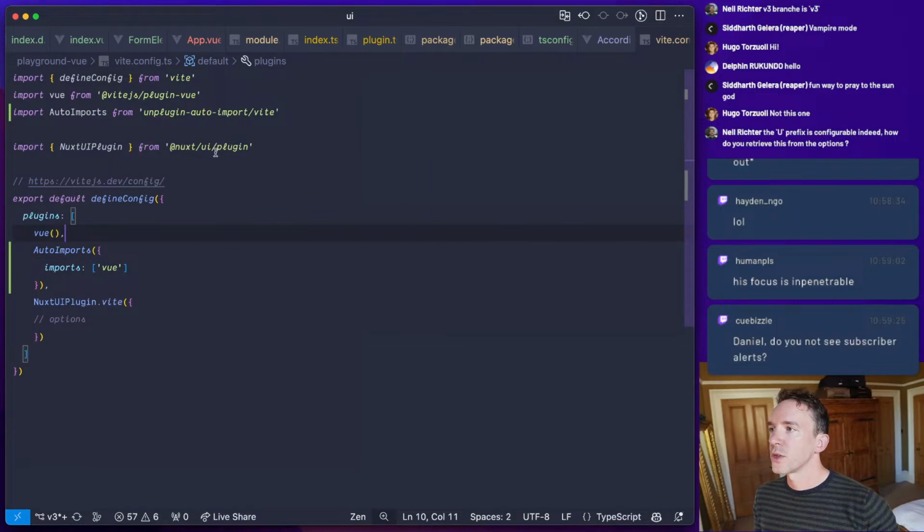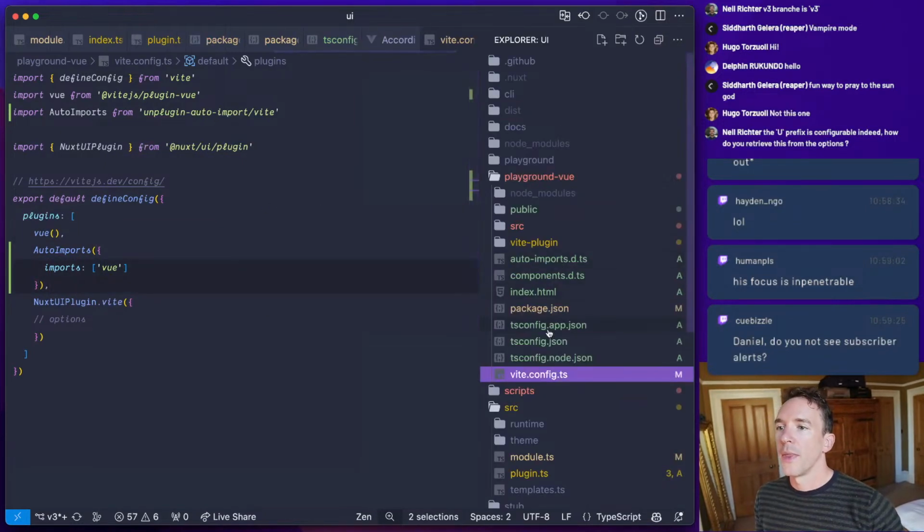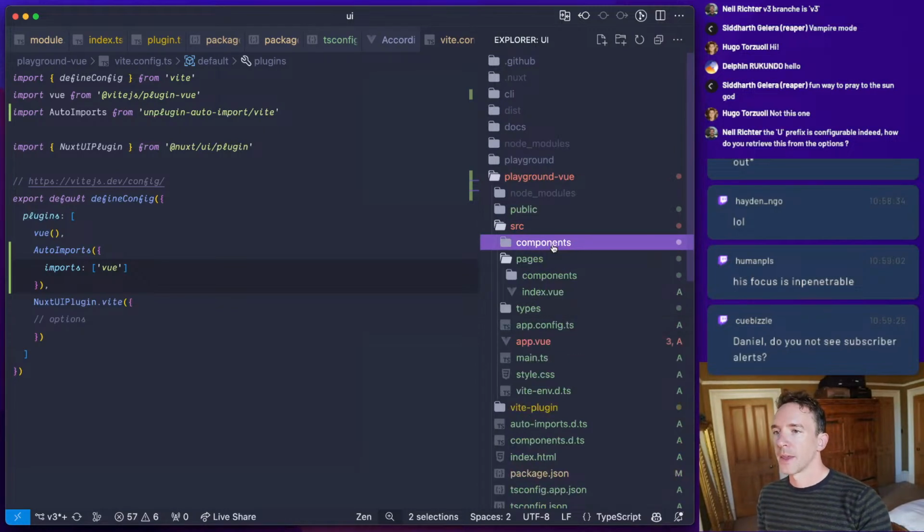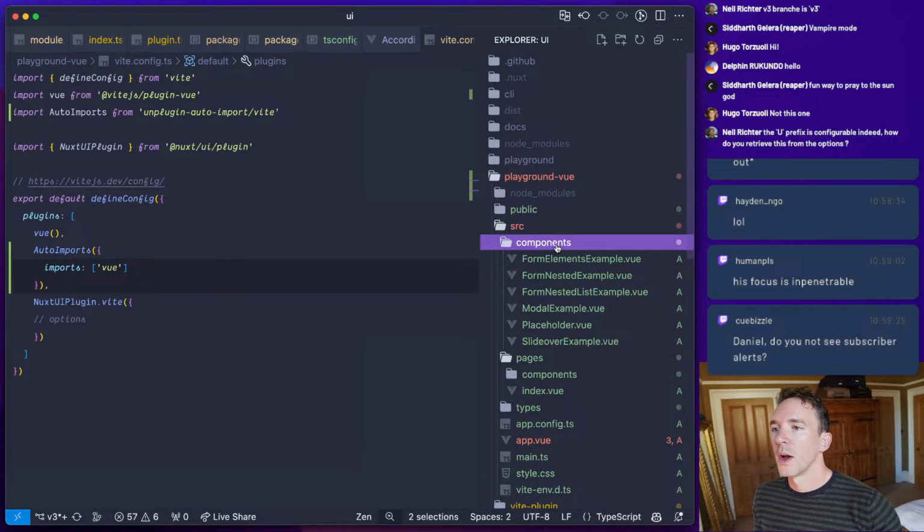Great. So that should just make our playground a little bit more simple. And then in our app, in our source pages, so the components, this is exactly the same thing.